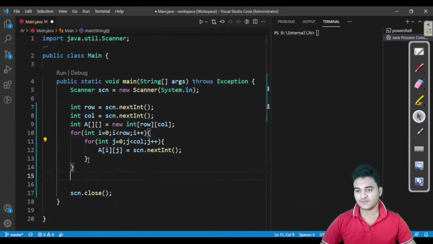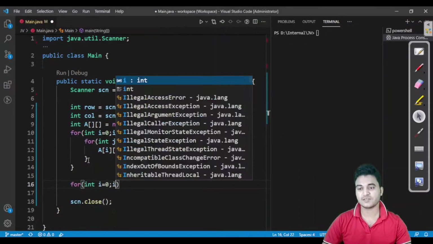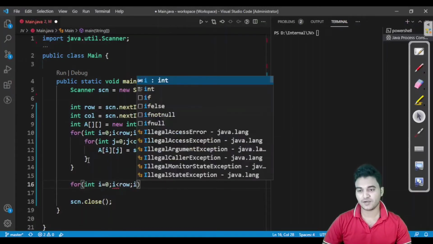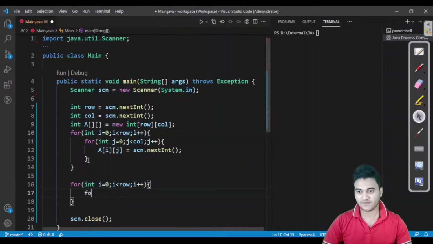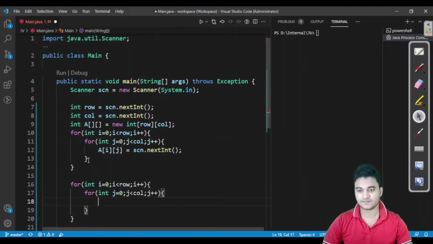First of all I would have to write a loop. You already know what I have to do for accessing all the elements of a 2D array. We need to write the loop, and after that I have to write another loop for j is equal to 0, j less than column size, and j plus plus.